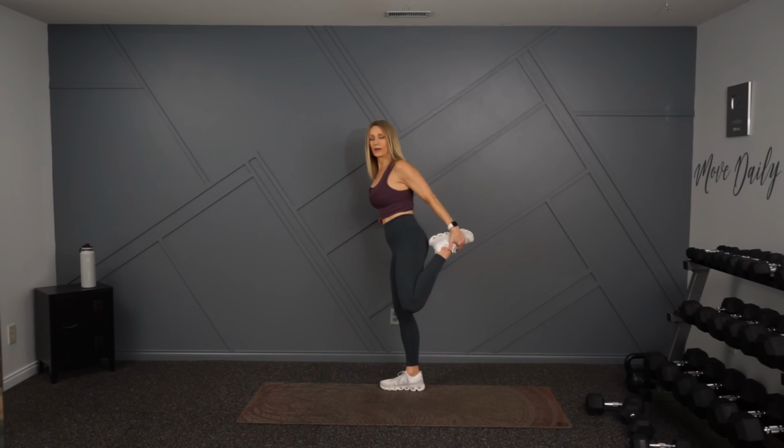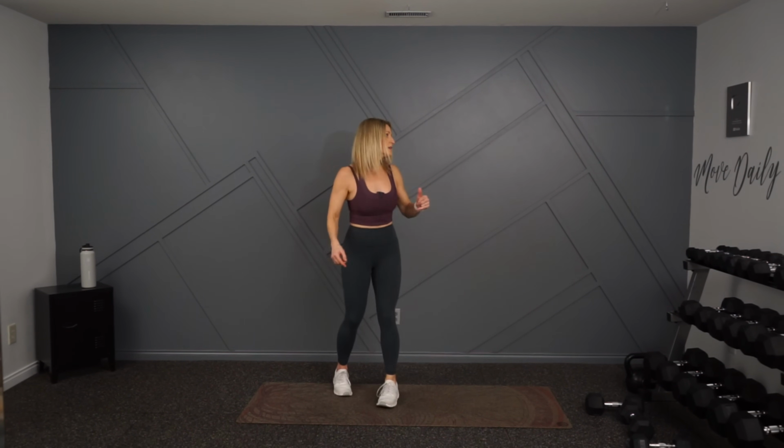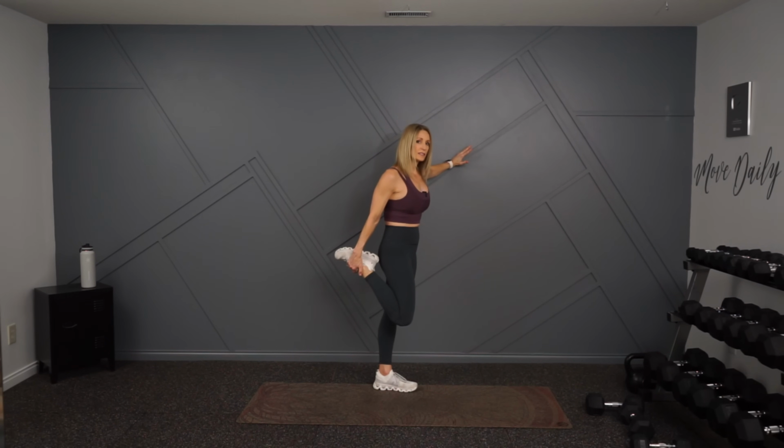Let's go into a quad stretch. Grab the shoelaces, knees together, push the hips forward. Yeah, and I think it's just important that if you put your mind into a goal, like a target, if you're thinking about what am I aiming towards? Is it longevity? Is it to build muscle? Is it fat loss? What is the target? And for me right now, just ensuring that every facet is available to me in the years to come,